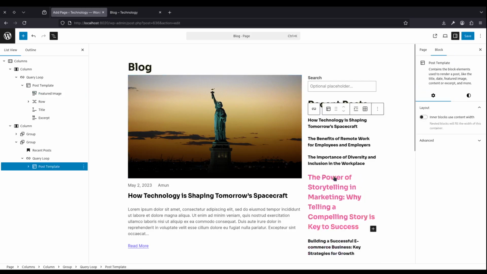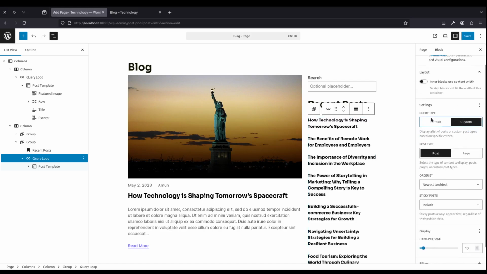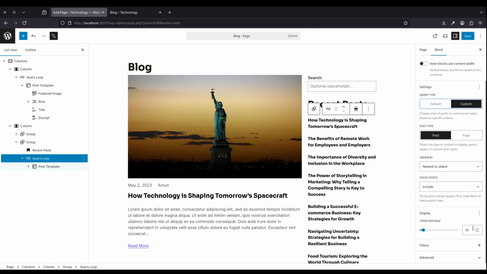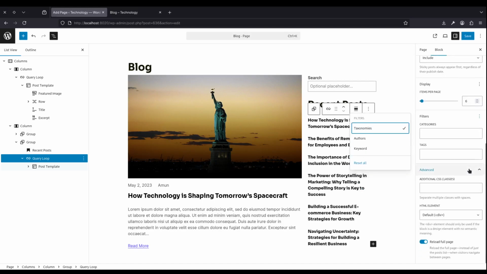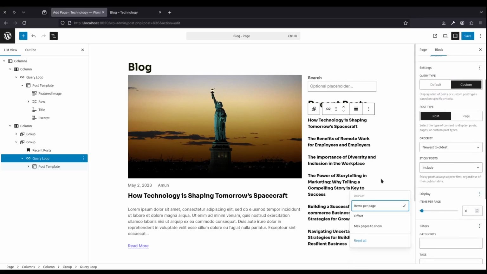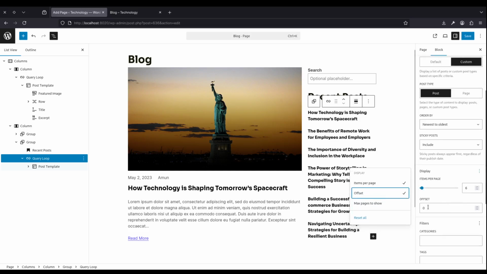and if we maybe decrease the post, we need to change this query type to custom here as well, and we can control the number of posts that we see, and we can apply a filter. So what we need to do is, is there anything taxonomies keyword, okay. This is the one I'm looking for, the offset option, where we'll be able to,